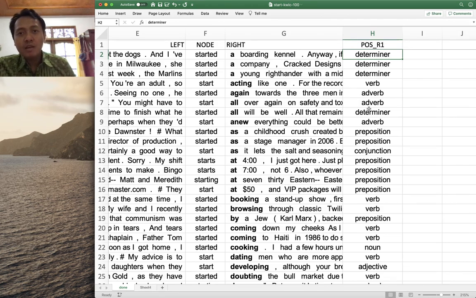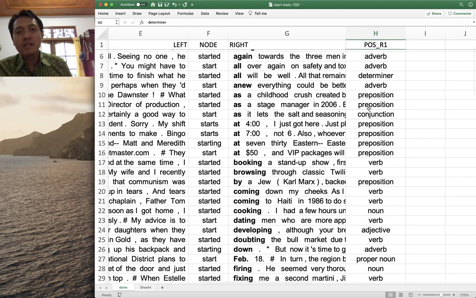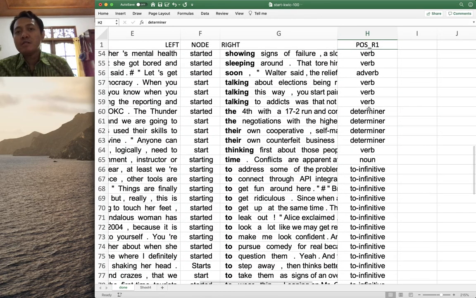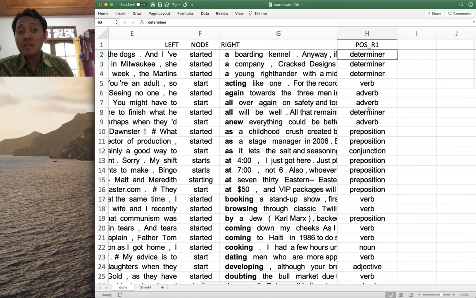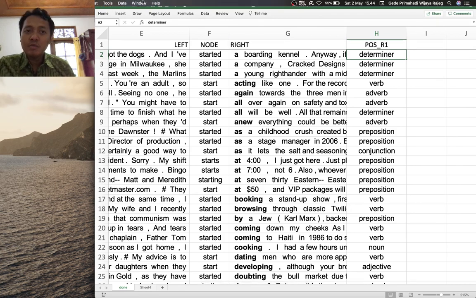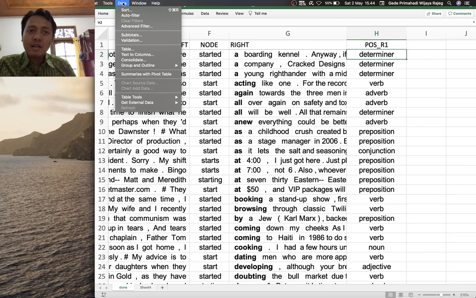Yeah, there is no number yet, no summary regarding how many times does, for instance, preposition word occur after start, how many times does to infinitive occur after start. Okay, in order to get that summary information, we can go up in the ribbon here. There is a data tab, next to tools and next to Windows. Click on data, and there is a summarize with pivot table option. Okay, click on that,